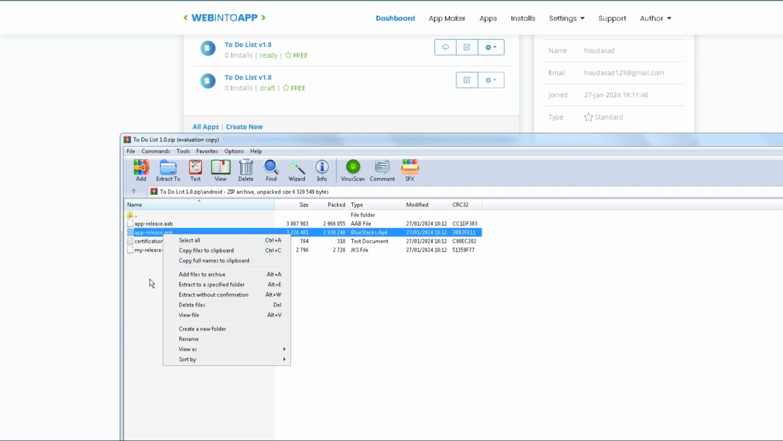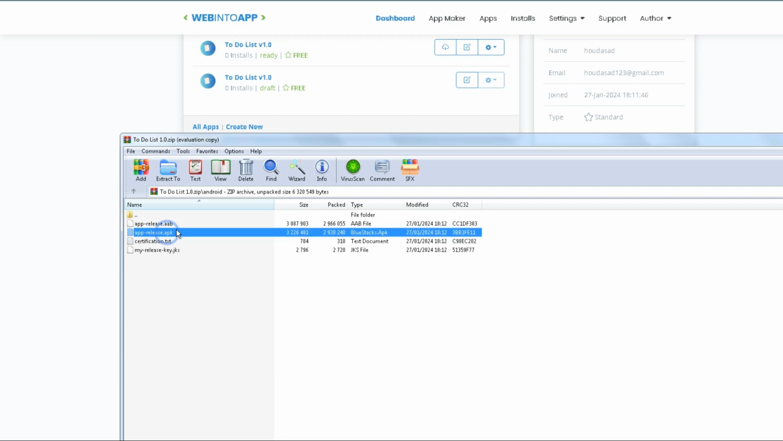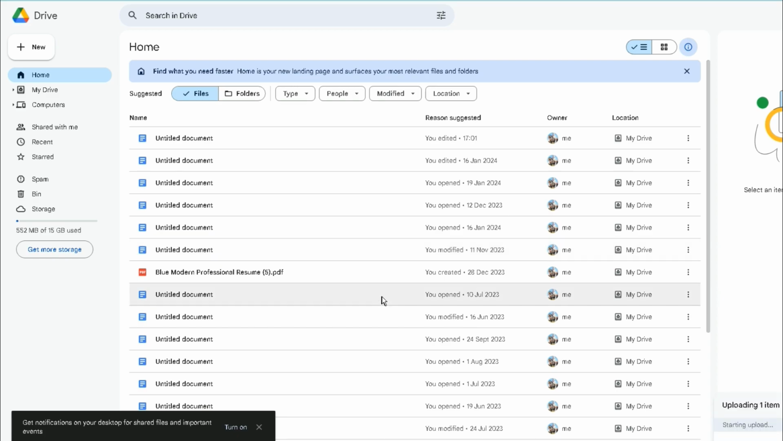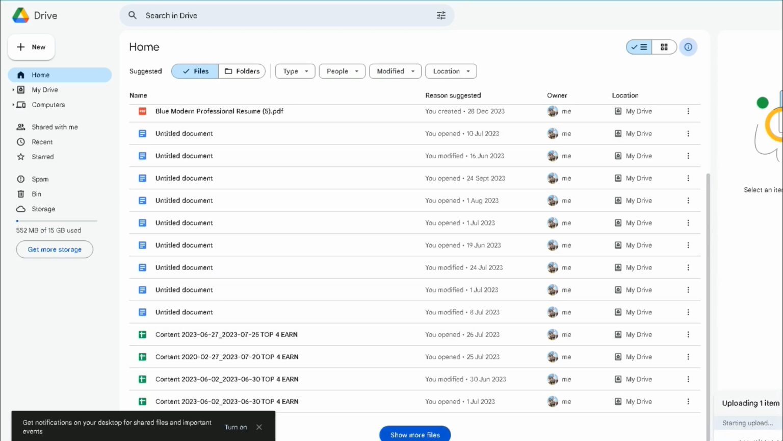To install it on our mobile phone, extract the zip file on our computer. Open the extracted folder, navigate to Android, and find the APK file. Now we have our app's APK file. Download the app to your phone using Google Drive. Open Google Drive in your browser, upload the APK file, and then download and install the app on your phone. Open Google Drive on your phone, locate the APK file, click on it,